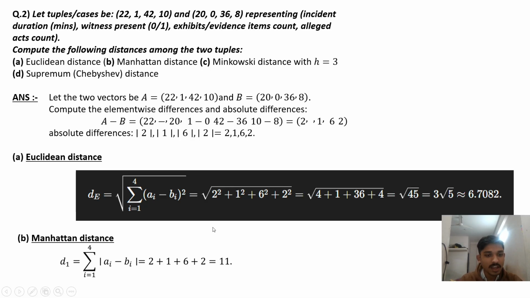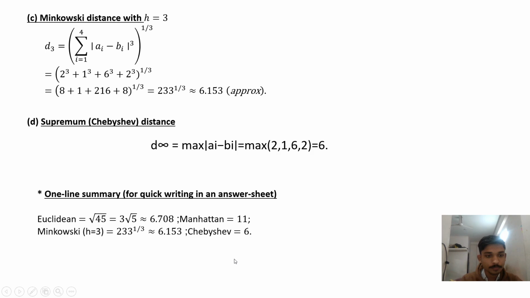In Manhattan distance, i also goes from 1 to 4, but here we don't take the square. We take h equals 1, so it is just the sum of all the absolute differences between the two tuples, so the answer becomes 11. In Minkowski, we take h equals 3, so instead of 1 by 2 as in Euclidean, we take 1 by 3, and the formula remains the same. i goes from 1 to 4, and we take the cube of the absolute differences of all the terms, so it becomes